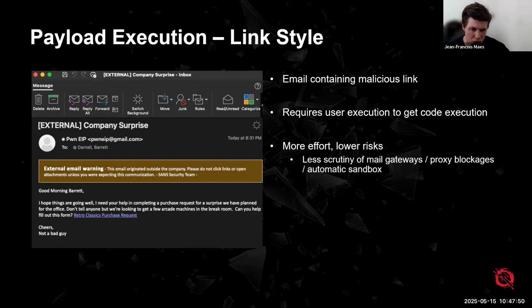Where we are trying to convince someone to click on a link, but we can secure this link ourselves because we are in control of the actual infrastructure, right? So we could set up a payload server where we are hosting our malware, but we could use a reverse proxy, for example, that is filtering on an IP address or filtering on a user agent. If the IP address doesn't match or if the user agent doesn't match, we might redirect them to another web page. So of course, this bypasses things like sandboxes, this bypasses things like corporate proxies, etc.